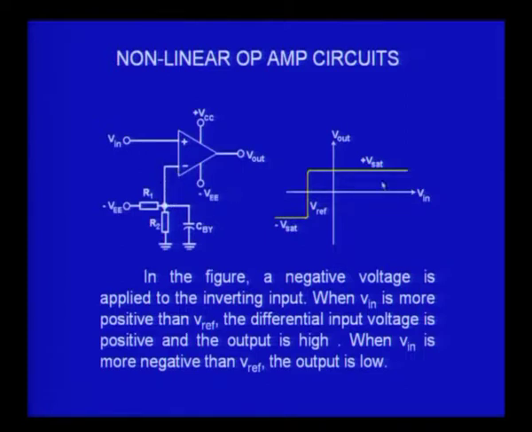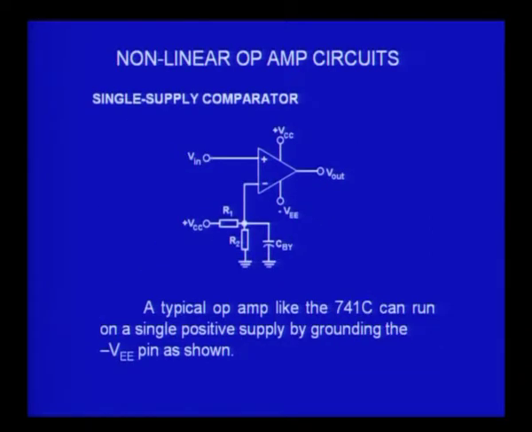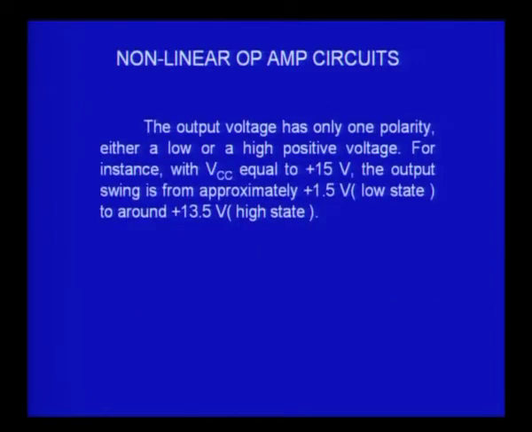When the reference becomes negative voltage, correspondingly the input output relationship will be as shown in the picture. You will find up to the minus V reference it will be minus VCC, and when you go beyond, you would find it goes to plus VCC or plus V sat. So, one can easily choose the reference points to be either 0 or positive or negative by these options, and you can have the comparator to verify two voltages which can be either 0 or some other number on the